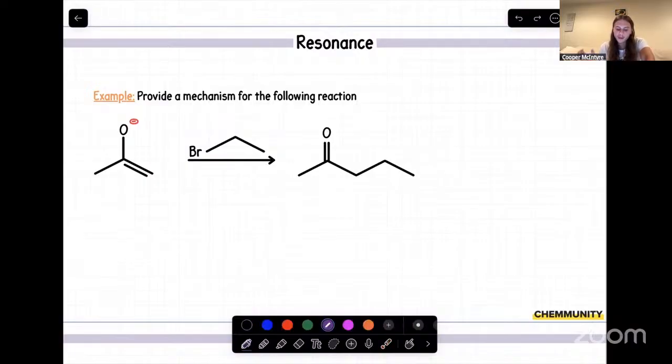And if we're reviewing those alkyl halides, which is what we have right here, our electrophilic site will be this carbon right here, right? Because it does have a small dipole due to that bromine. And if we're looking at the product of our reaction, we have a 3 carbon chain right here. We're on carbon 2, it's bonded to an oxygen. And then from this carbon, we're adding 2 more carbon groups.